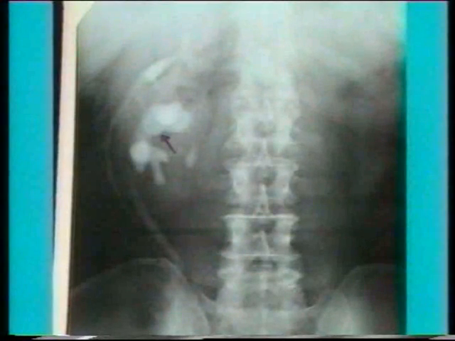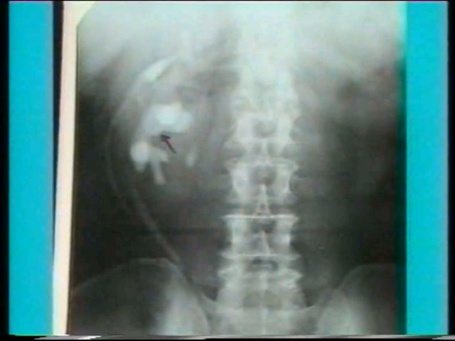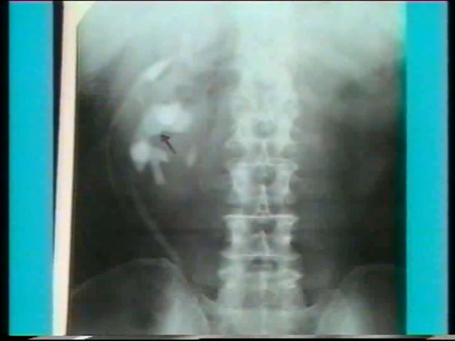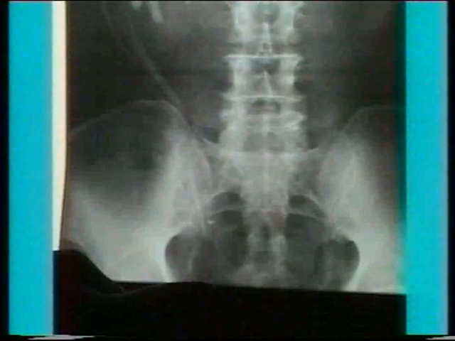Sometimes the kidney not only crosses over to the opposite side but is fused to the opposite kidney, forming a long double kidney mass. Note the two fused kidneys on the right side. There is a single long kidney mass. This is a crossed and fused ectopic kidney. It has to be differentiated from a hypertrophic right kidney due to absent left kidney. However, visualization of the normal lower ureter will solve the problem.